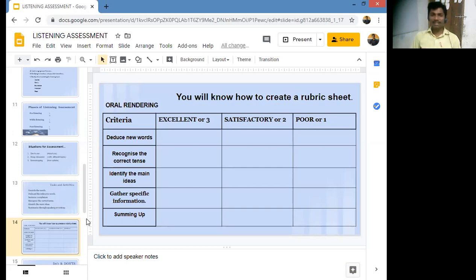But for measuring listening skill, now it's time to know how to create the rubric sheet for measuring or grading the assessment of our listeners. So I have taken here the oral rendering. What is meant by the oral rendering? It means